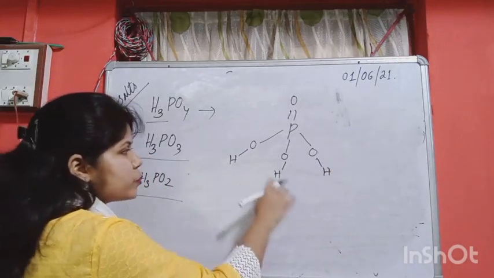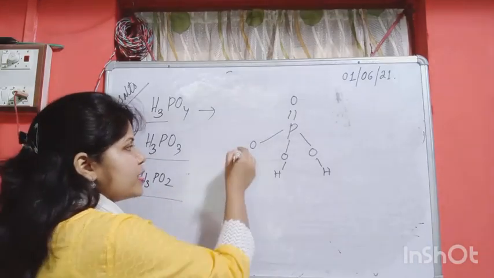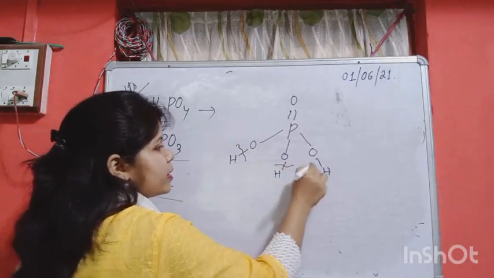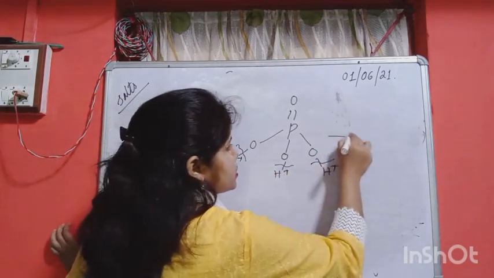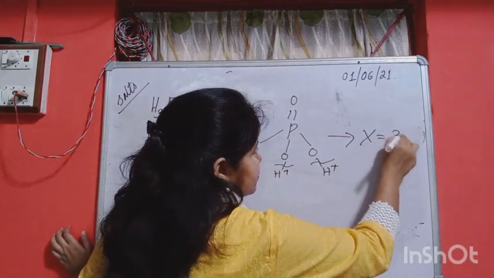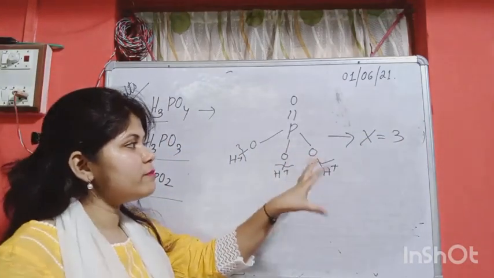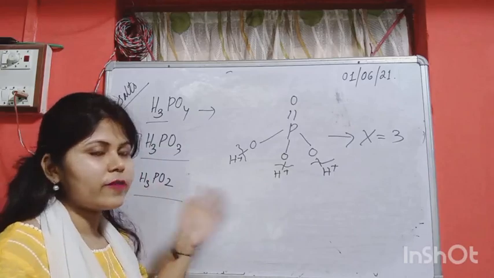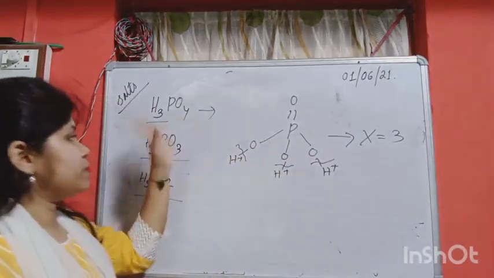Here 3 hydrogen are also present. Oxygen is more electronegative than hydrogen. It is so electronegative that it can give H plus ions. So here 3 H plus ions will be there. So for this the valency factor will be 3. Okay. So here the equivalent mass will be how much? The given molecular mass divided by the valency factor. So molecular mass you know, but the valency factor will be 3 for H3PO4.